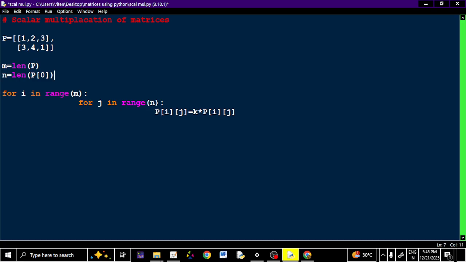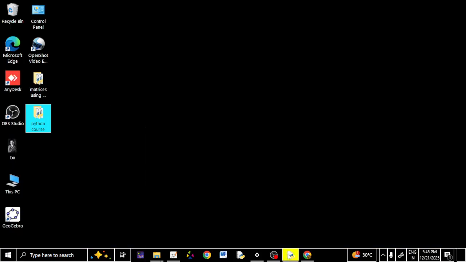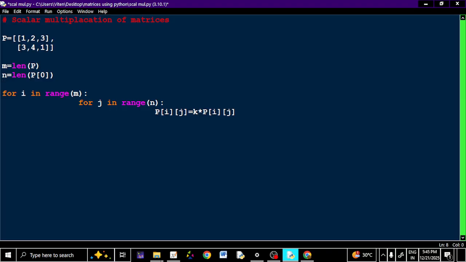So we will take it from the user. You can define the scalar here also if you wish to, or you can take it from the user as well. Either way you can do it. You can either prefix it, or you can take it from the user also. So I will define the scalar here to be float. Float is in, it can be any fraction or even a real number. Float input in round brackets,